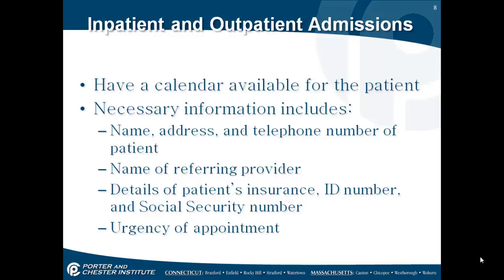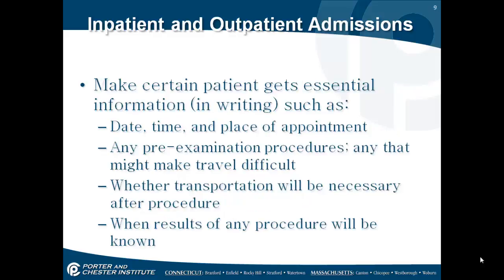Some of the necessary information that should be included is the name, address, and telephone number of the patient, name of the referring provider, details of the patient's insurance, identification number and social security number, and the urgency of the appointment. Make certain patients get essential information in writing, such as date, time, and place of the appointment, any pre-examination